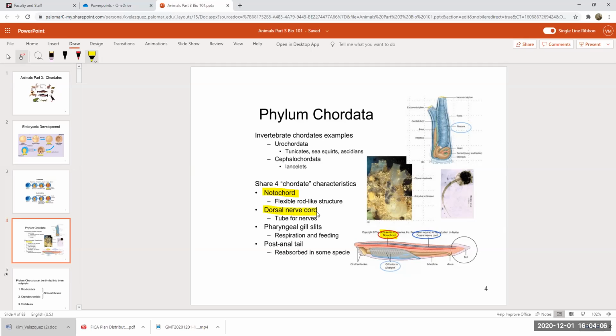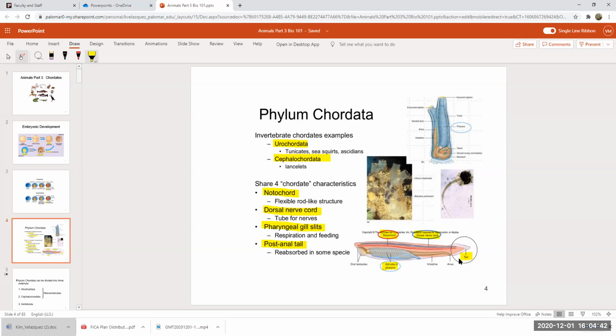A dorsal nerve cord, and you see that running down the back of the animal in blue. The pharynx with gill slits. They're called pharyngeal gill slits on this list. And then a postanal tail. Postanal means behind the anus, and here's that tail. So even these really primitive chordates, the Urochordata and the Cephalochordata, which are actually invertebrates, have those characteristics at some